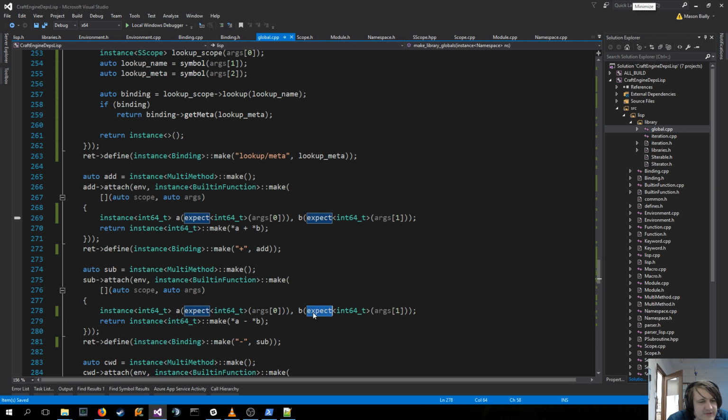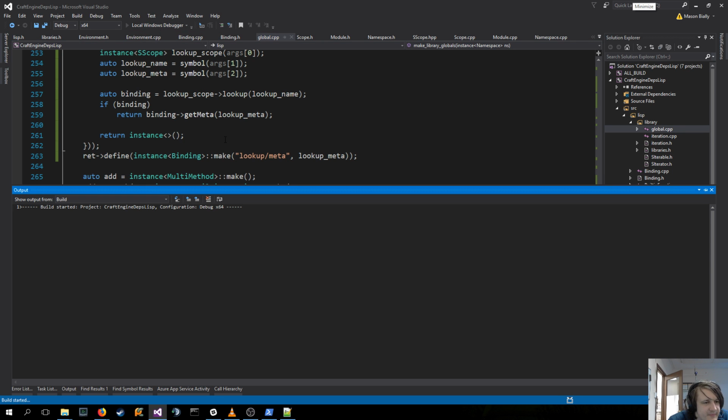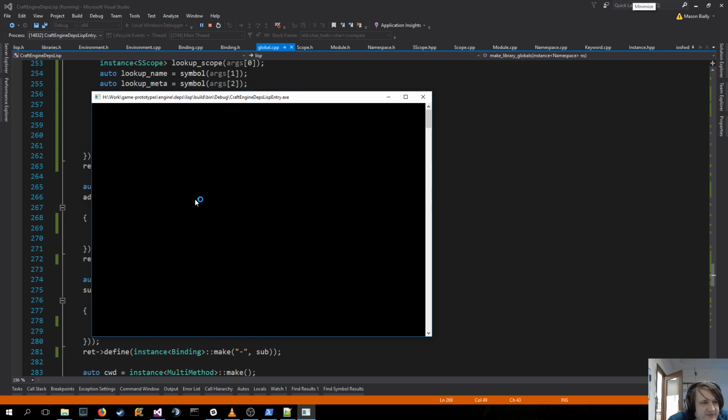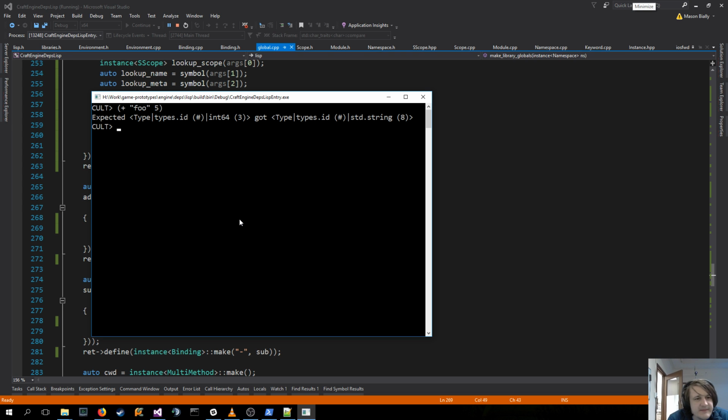So this is the expect macro that we wrote, which will make sure that the arguments are the expected value. Okay, so now our built-in functions won't crash with segfaults when we call them, which is always nice. So now I should be able to define, I don't really have any string functions right now, so we can't really test that one. But now if I do an add of foo and a 5, okay, expected an integer got a string,